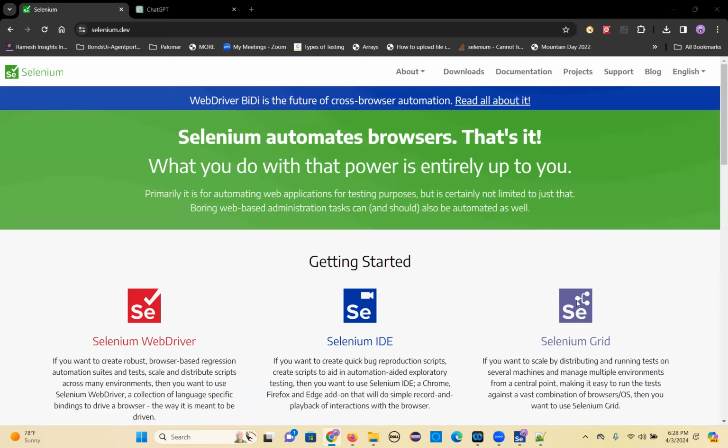Selenium Grid is another distributed environment tool where you can run your test cases on several machines and browser combinations. Multiple machines and browser combinations, you can run your test cases. That is what Selenium Grid means. So you can run your test cases parallelly